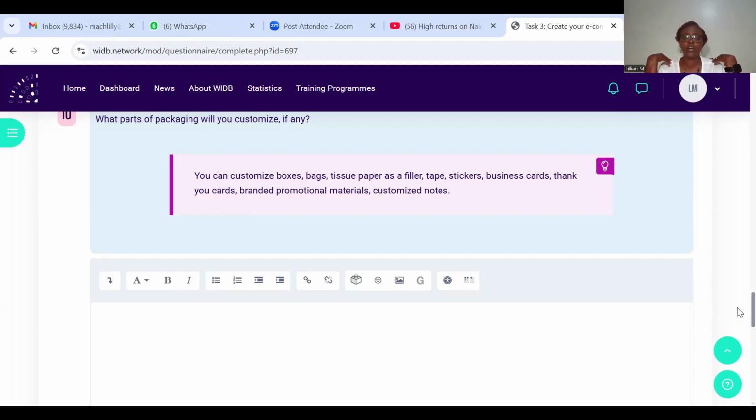You can decide, right now, making branded bags is going to be expensive. You can get tape, just the regular tape, that has your name. So as you wrap your items for shipping, that tape has your name. And then you can also have thank you cards that you put inside the bag so that when the customer gets it, they have a thank you card that comes from Prosper Collections and it has Prosper Collections contacts.